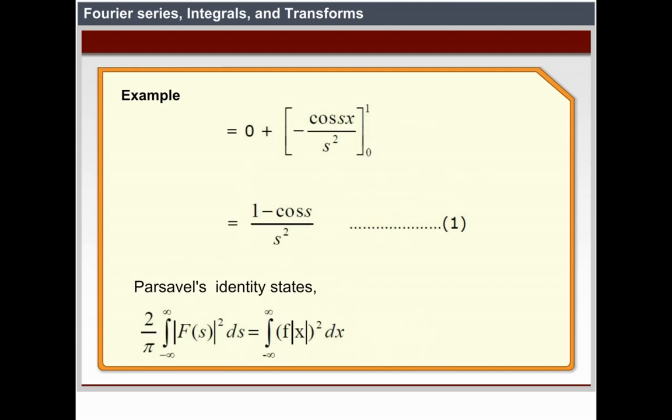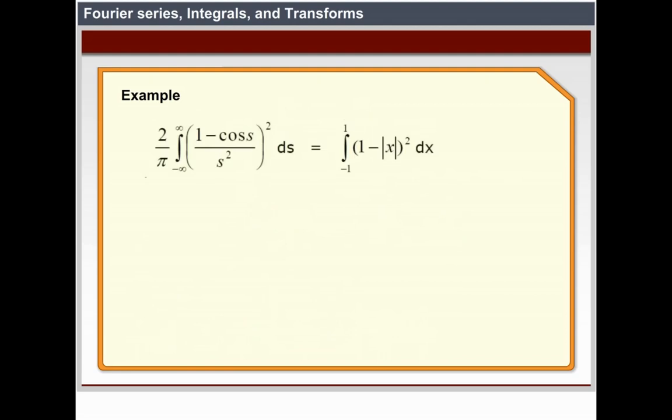Equation number 1. Parseval's identity states that (1/2π) times the integral from −∞ to +∞ of |F(s)|² ds equals the integral from −∞ to +∞ of |f(x)|² dx. Then (1/2π) times the integral from −∞ to +∞ of ((1 − cos s) / s²)² ds equals the integral from −1 to +1 of (1 − |x|)² dx, which equals